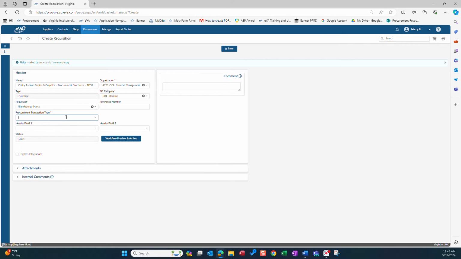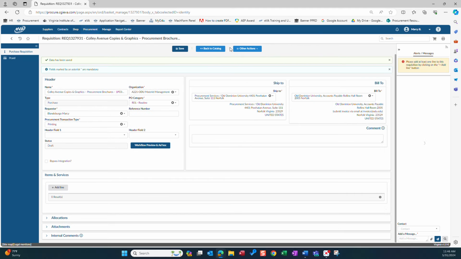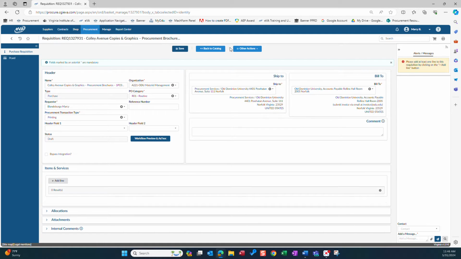In the procurement transaction type field, indicate the transaction type which matches your purchase. At this point, you will need to save your requisition. We'll bring up your ship to and bill to information. Your ship to information will default to the ship to account information in your user setup. You should not change the bill to information as it will correctly direct all invoices to accounts payable in Rollins